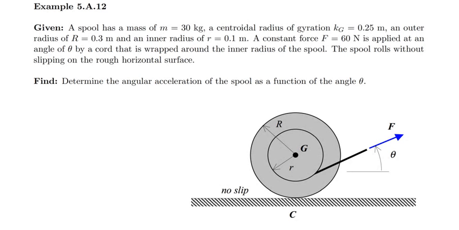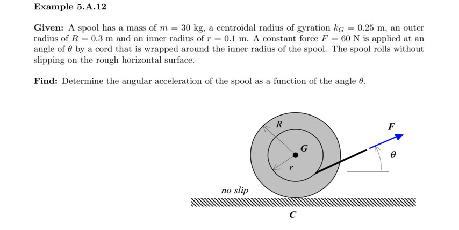Okay, so in this problem we have a spool of mass m and a centroidal radius of gyration kg, an outer radius of R and an inner radius of little r, to which a constant force F is applied at an angle of theta around the inner radius. We're told that the spool rolls without slipping on a rough horizontal surface. Based on all this given information, we're asked to determine the angular acceleration of the spool as a function